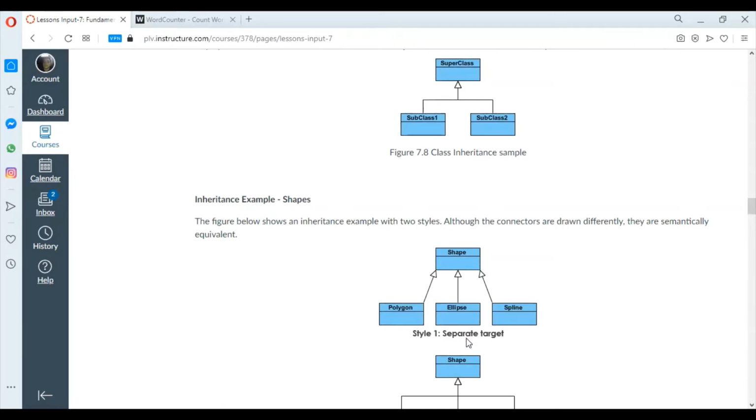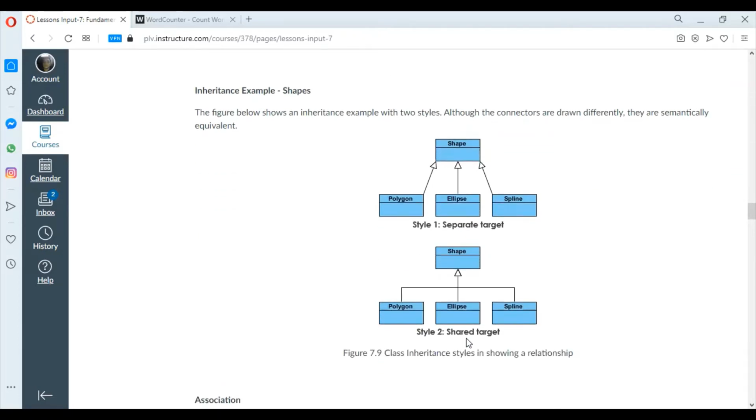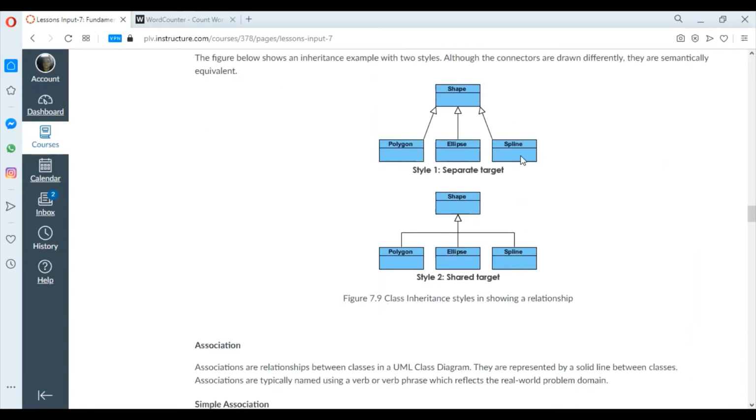Inheritance example, shape. So we have here two styles of how we could draw the inheritance example. This contains three separate lines pointing to the parent class, and then we have here two lines which are converging,